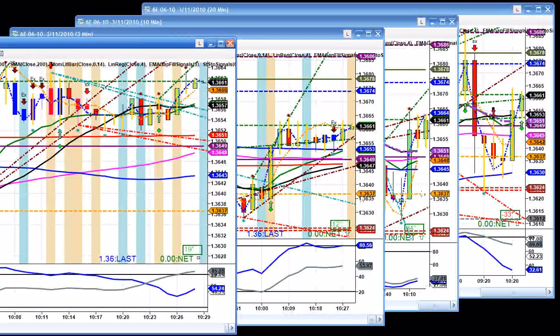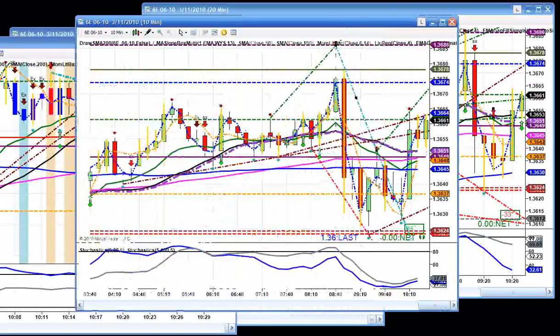Now you're trading with the trend. Even though this looks like a major trend change, it's not, because the trend is to go long. And if you scroll through your charts to really narrow down the first wave, second wave, you'll see that on your 10-minute chart and your 20-minute chart, whenever you have a gap close on the first wave,